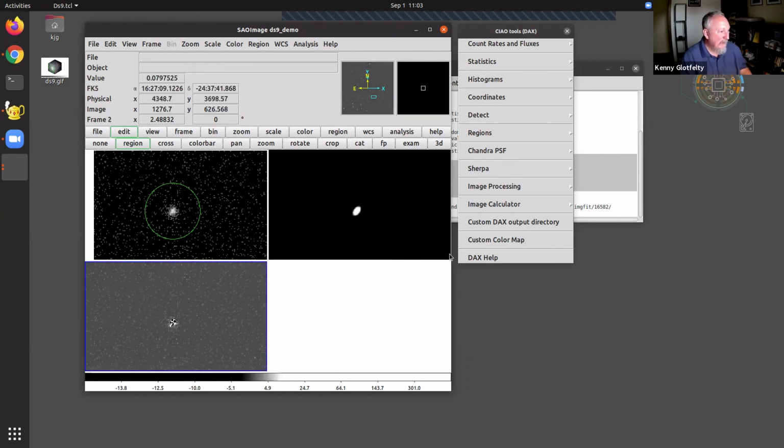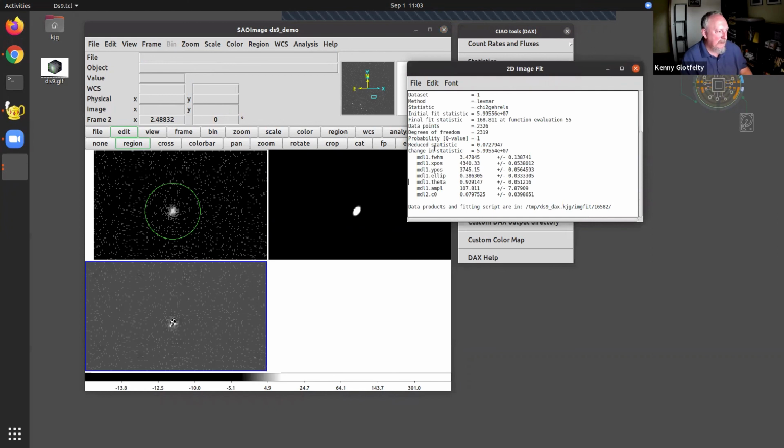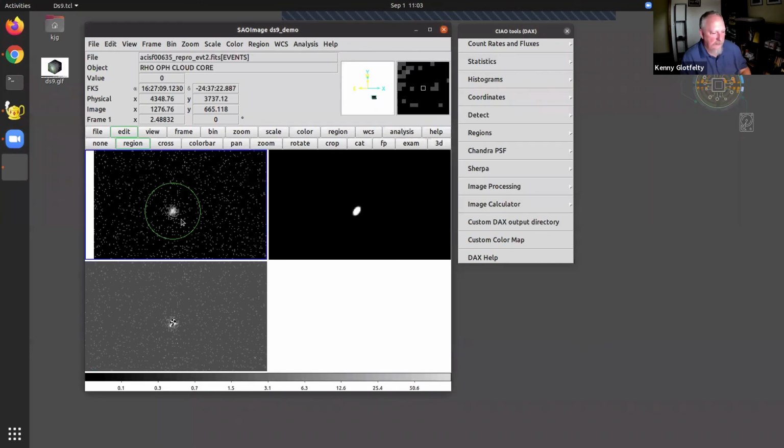You can see the fit statistic is horrible and everything, but again, this is a quick way to get an estimate of things. So you get an estimate of the size, you get an estimate of the ellipticity, those kind of things. In the 30 seconds I have left,